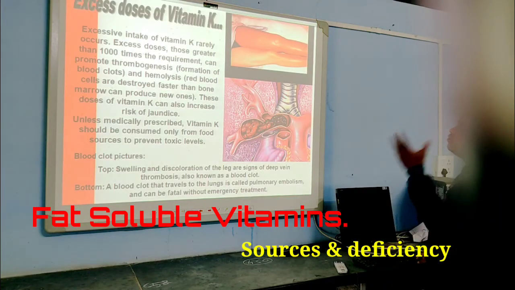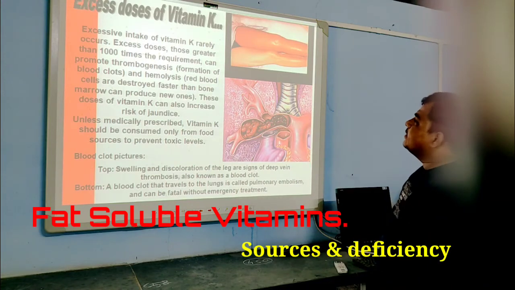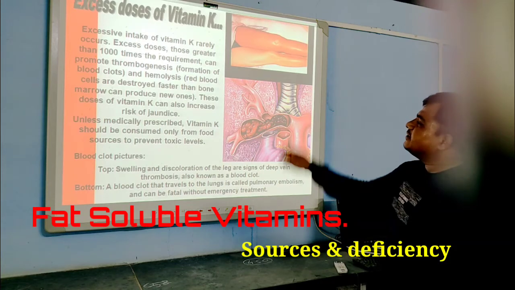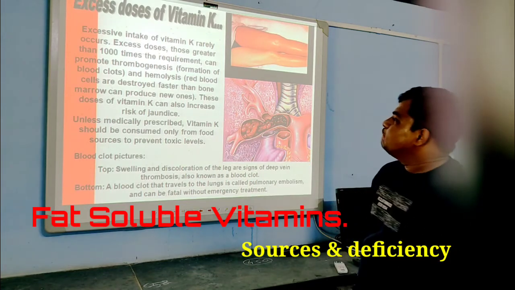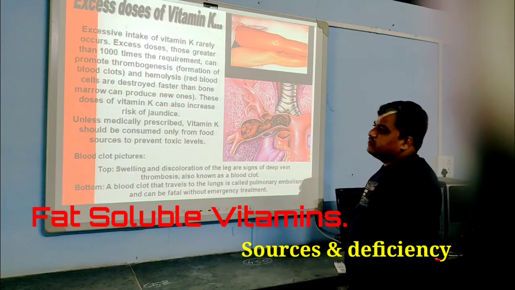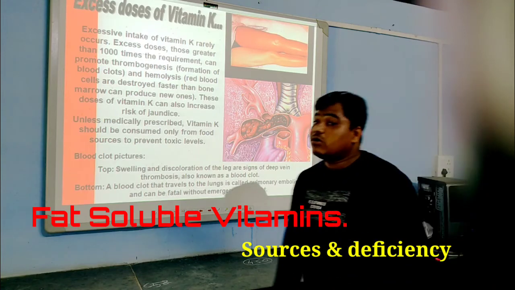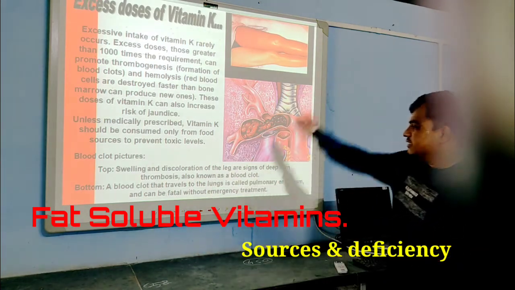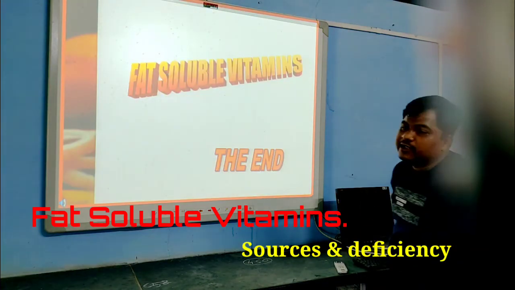And overall, excess intake of vitamin K rarely occurs. Okay. But it can promote thrombogenesis and hemolysis, where cells are destroyed faster than bone marrow can produce new ones, and these doses of vitamin K can also increase the risk of jaundice. Unless medically prescribed, vitamin K should be consumed only from food sources to prevent toxic levels. Okay, so see here this is the blood clot picture, and with this